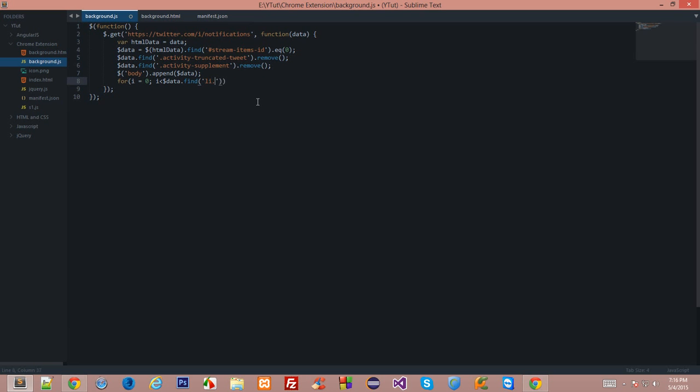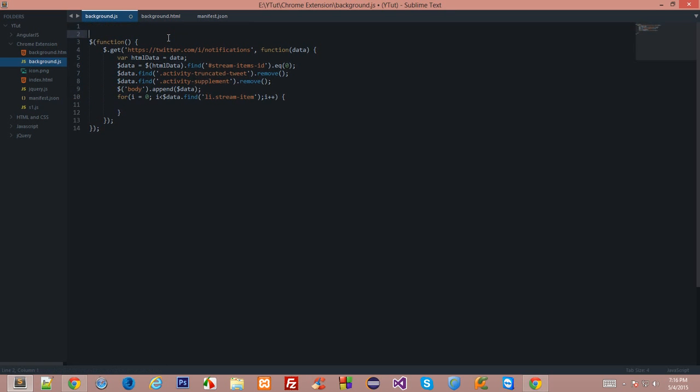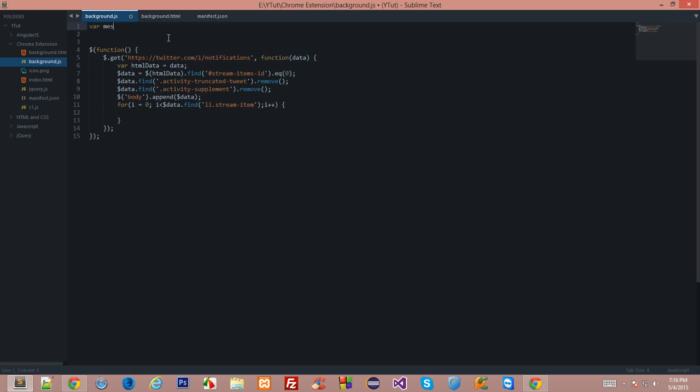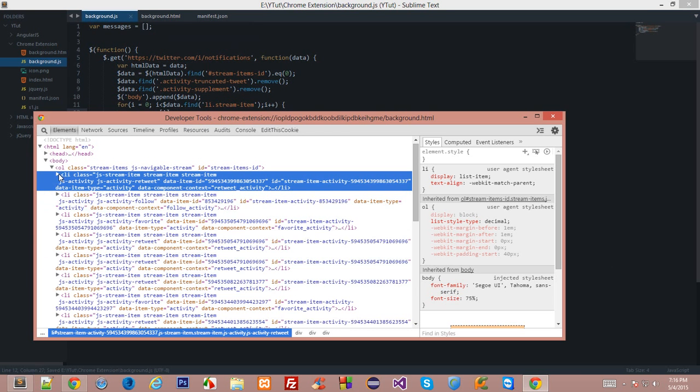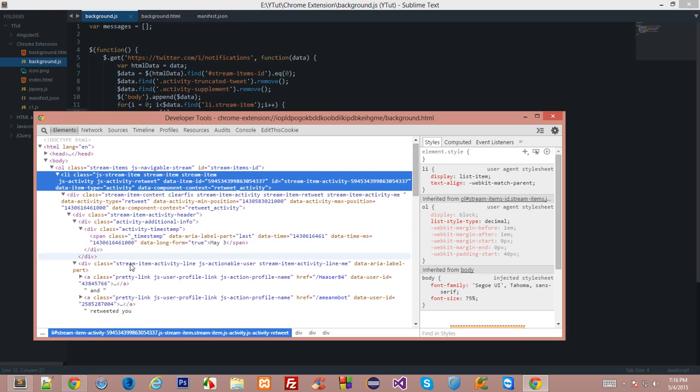So we'll just go with i plus plus, and we'll create an array right here. I'll just do messages i equals, and what it should equal is